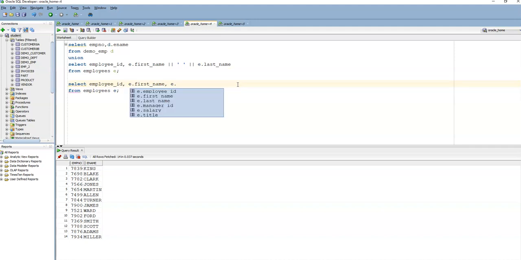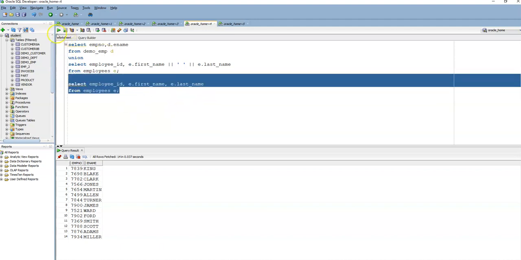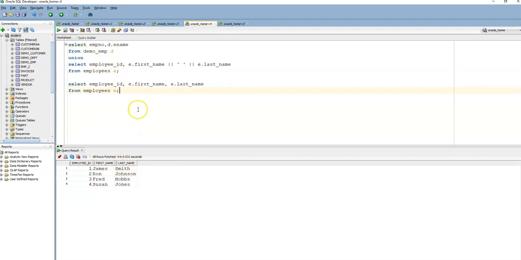E.last name. So you see this is two different columns, the first name and the last name. And if I just show this, it's got a 1, 2, 3, 4 first name, what you'd expect. But if I wanted to make this work with the other, I want to include the last name. What I do is I concatenate the two into one thing. So now I have a number ID thing that matches this thing. And then the second part is just a string that matches this entire string that's been concatenated